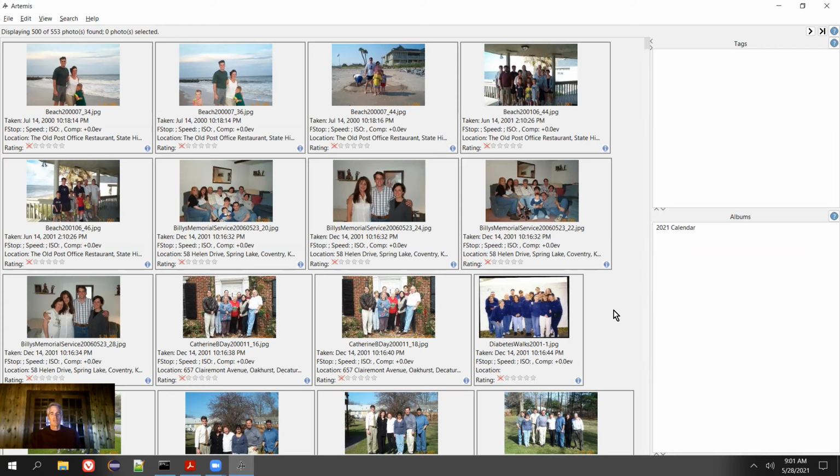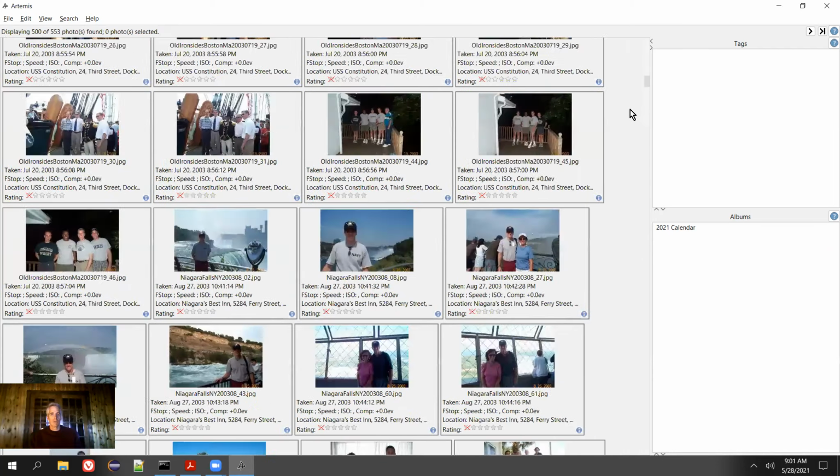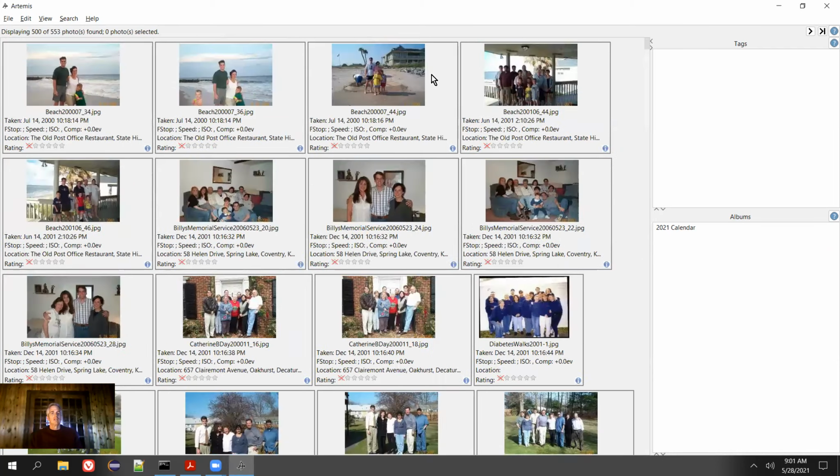Now you'll notice a few things about the UI. First of all, this is a scrollable panel. Secondly, you'll see that below the menu bar is what I call my status bar. And in there, I show messages about what's going on in the software. And in this case, after each search, I'm going to show the number of photos I'm displaying and the number of photos that match the search criteria. And in this case, I by default limited to 500 photographs,